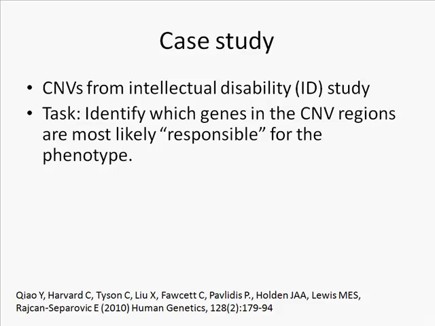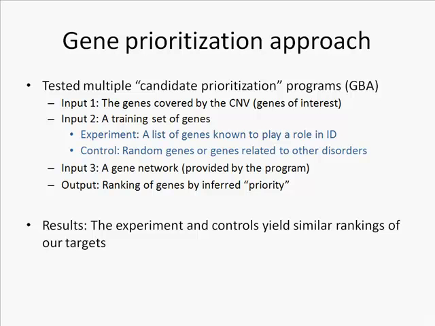This is a collaboration that my lab has with Ivica Separovic, a professor in pathology, who's interested in the genetics of intellectual disability. She's been studying copy number variation in individuals with intellectual disability. The task they were trying to do was a prioritization approach: which genes in the CNV copy number varying regions in these individuals are most likely responsible for the intellectual disability phenotype. Because there's a long list of genes, you could go look at them by hand, but what they did